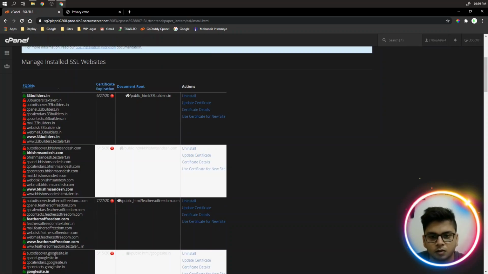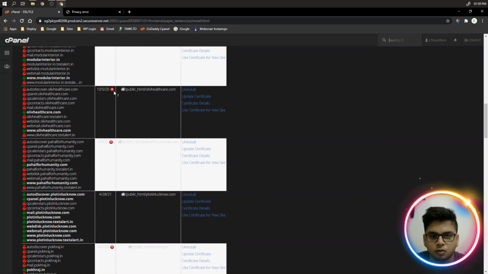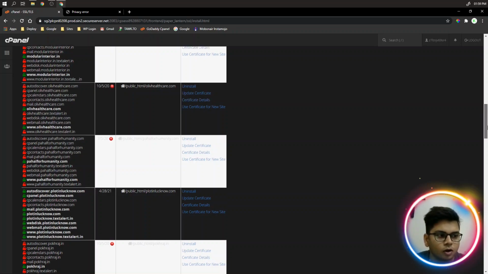As you can see, 33builders.in has expired its SSL certificate, and Olive Health also has an expired certificate. The expiry date of the olivehealthcare.com SSL is 5th October 2020. So I will try to install SSL on this.